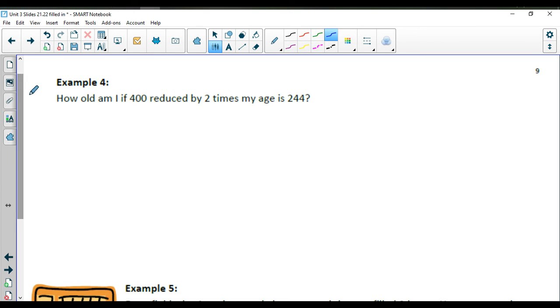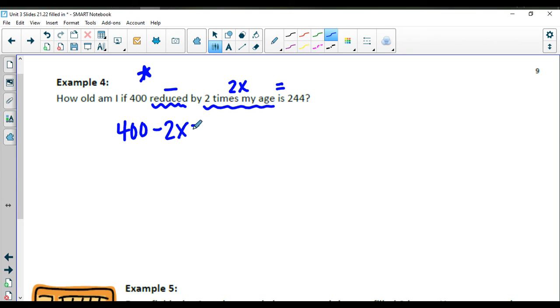All right, example number 4. How old am I if 400 reduced by 2 times my age is 244? The keyword is that we have an equal sign here. And reduced would signal what operation? Well, if you went with subtraction, that would be correct. And then 2 times my age. We don't know how old they are, so we're going to put that as our 2x. So our equation is 400 minus 2x is equal to